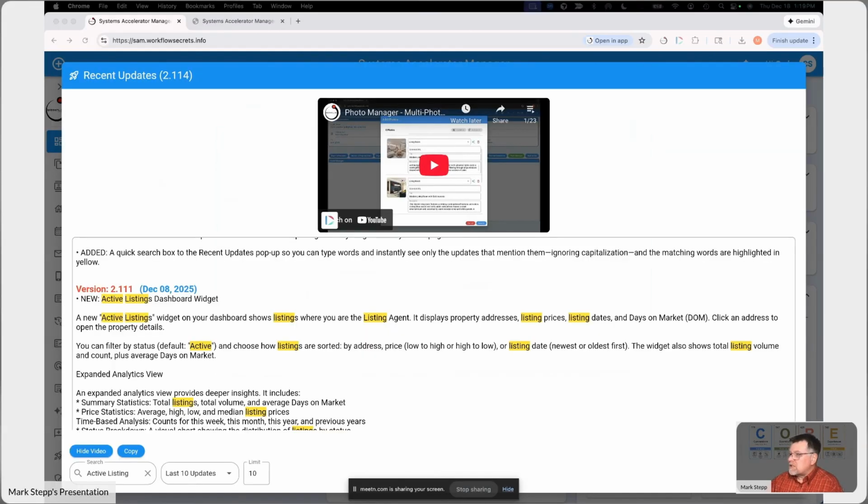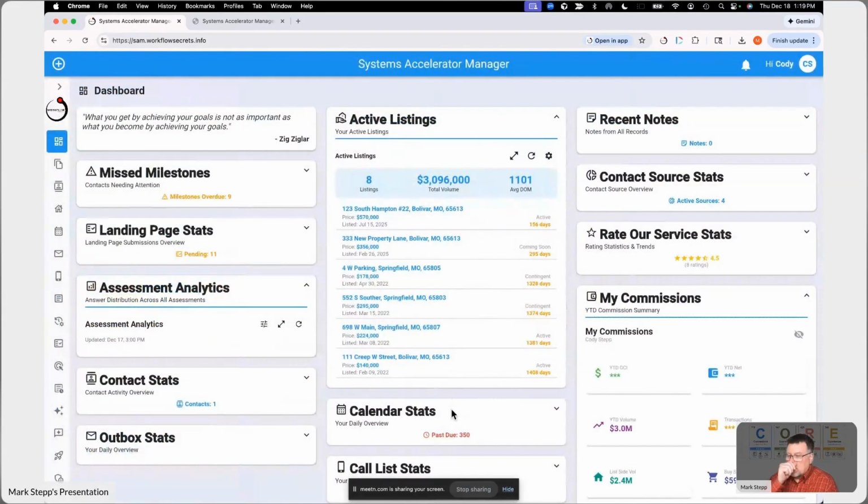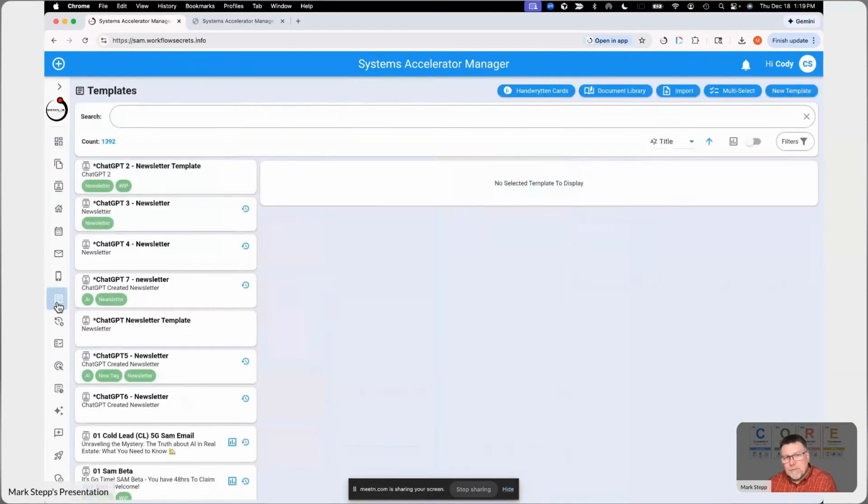One of the challenges that all agents have, especially whenever you're converting from another system to any other system, is dealing with templates. Where do those templates come from? Typically, most agents will look in their old sent emails and they'll have some content or whatever that needs to